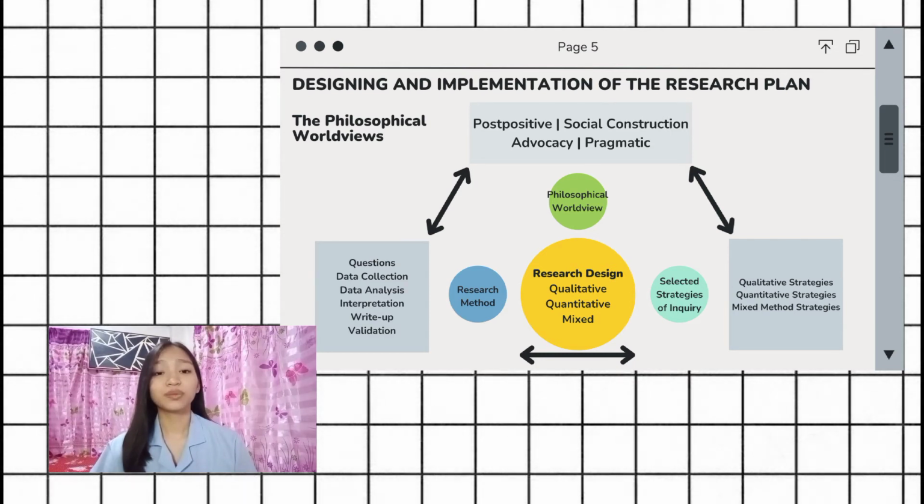The next component of the research approach is the research method. It includes questions, data collection, data analysis, interpretation, write-up, and validation. So in this illustration, we can see the connection of research design, philosophical worldviews, selected strategies of inquiry, and research